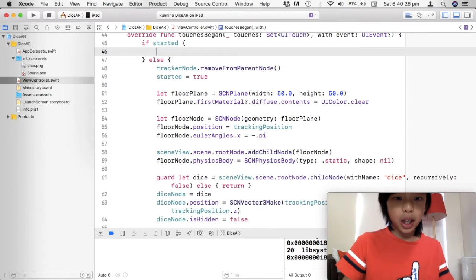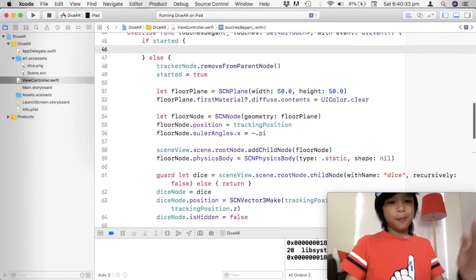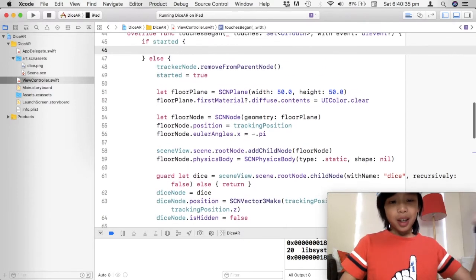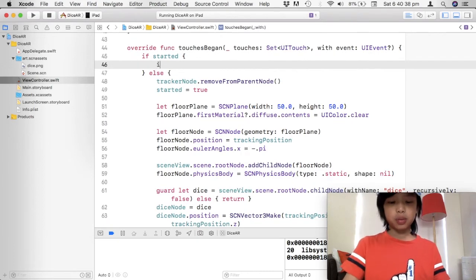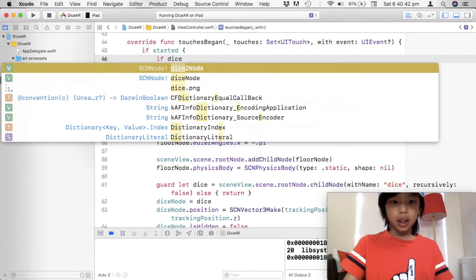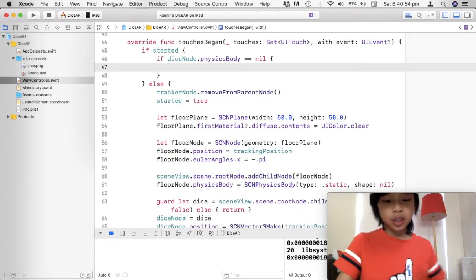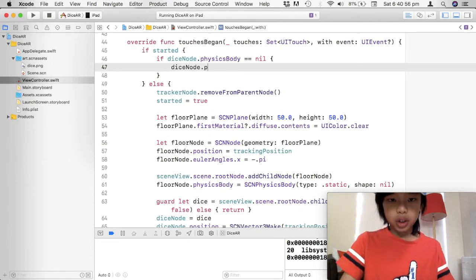Anyway, so now you may be asking me, where is the dice physics body? Well, that's a good question. We're actually going to make it here. So we're just going to check if the dice node dot physics body is nil, so it's equal to nil. And if it is, we're just going to create it. So dice node dot physics body equals